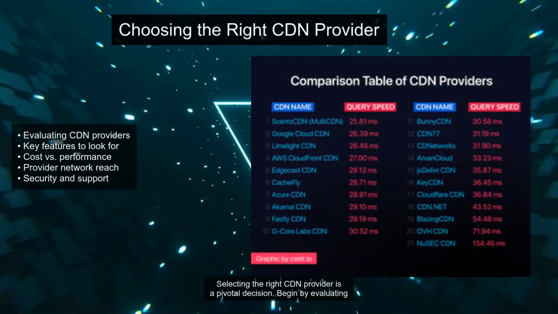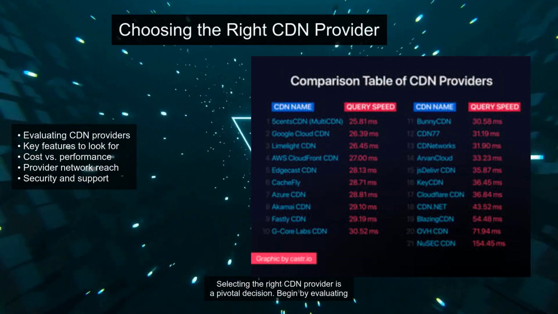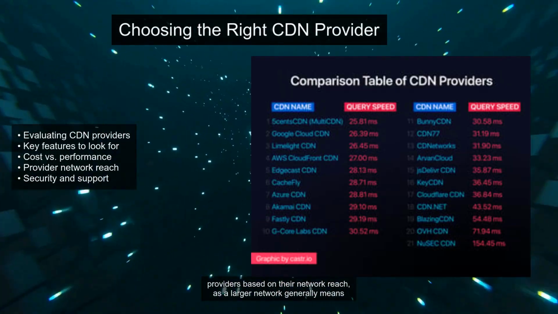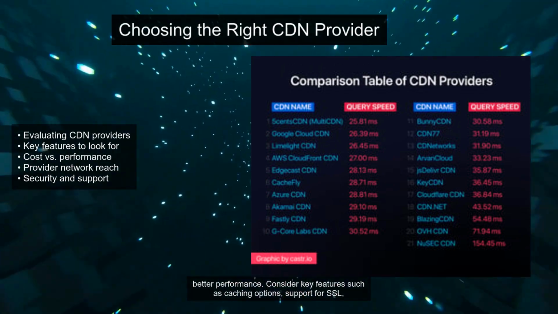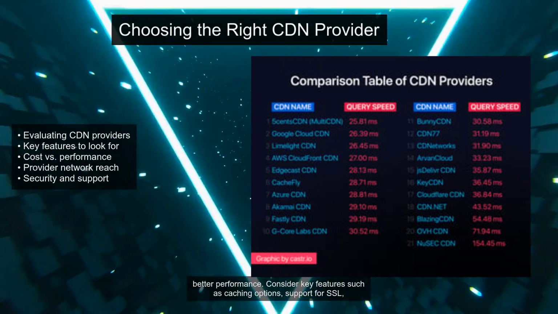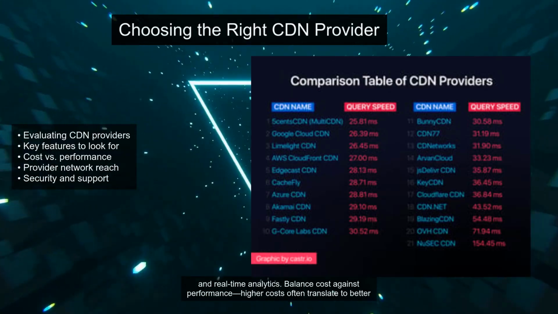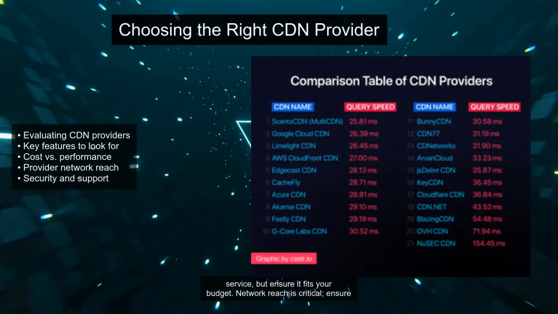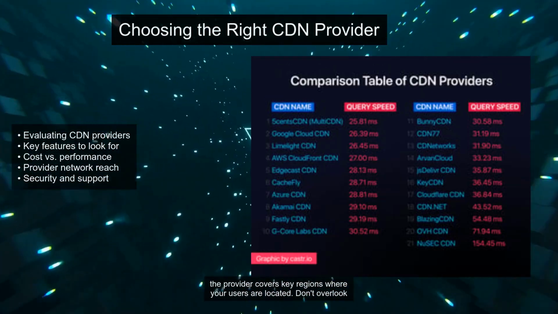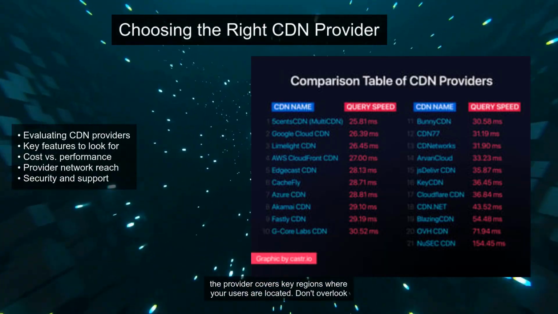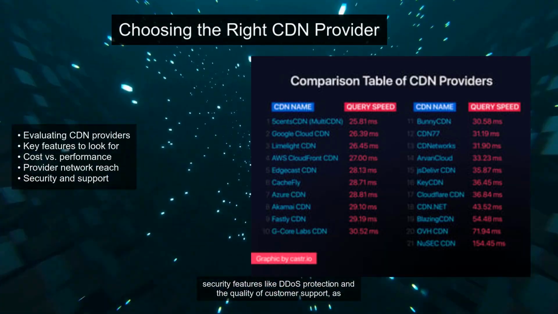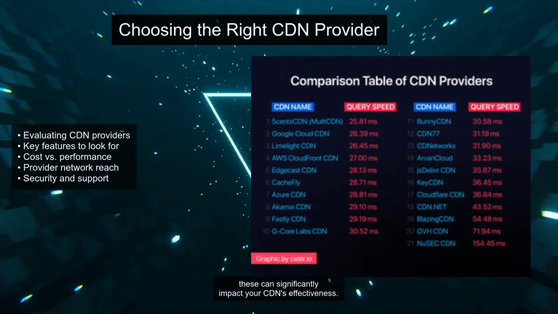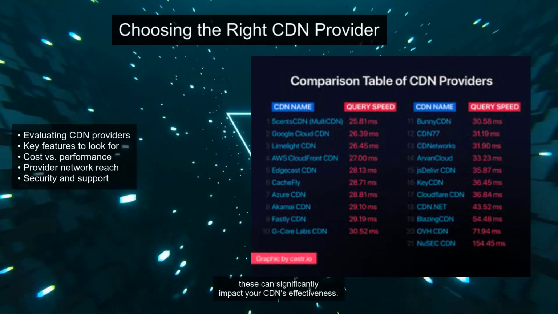Selecting the right CDN provider is a pivotal decision. Begin by evaluating providers based on their network reach, as a larger network generally means better performance. Consider key features such as caching options, support for SSL, and real-time analytics. Balance cost against performance. Higher costs often translate to better service, but ensure it fits your budget. Network reach is critical. Ensure the provider covers key regions where your users are located. Don't overlook security features like DDoS protection and the quality of customer support, as these can significantly impact your CDN's